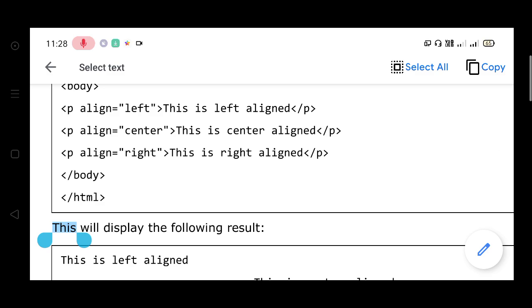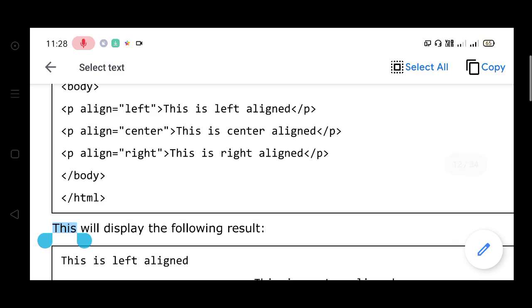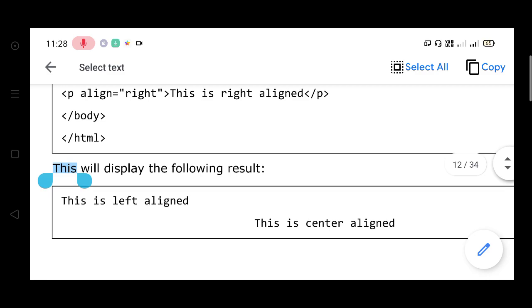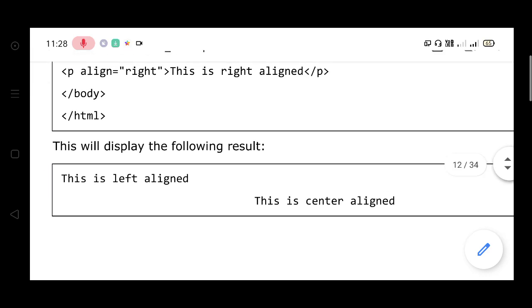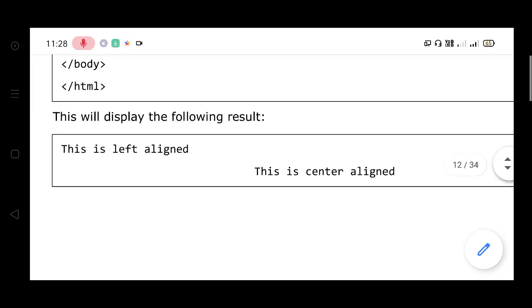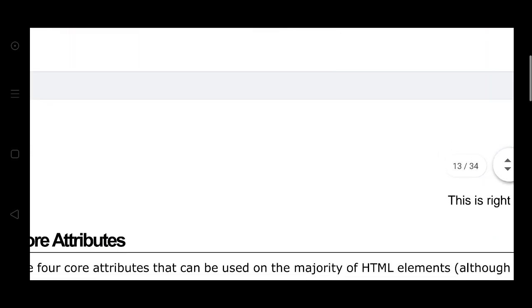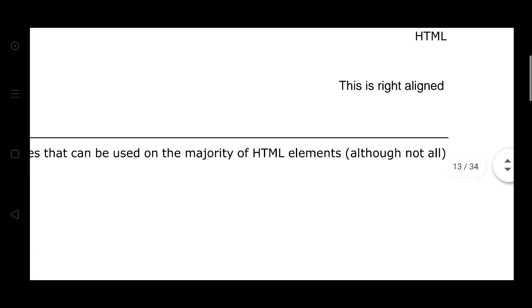Likewise, P align equals center: align is the name and center is the value of the attribute. The next one is align right. Here we see the output: this is the left alignment, the second one is the center alignment, and the third one, on the next page, is the right alignment.